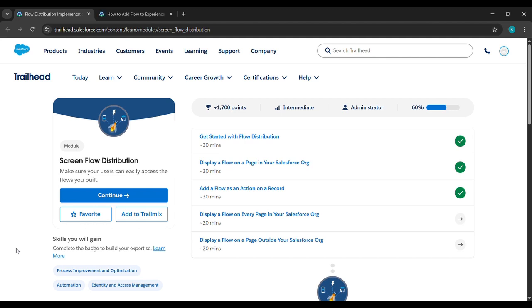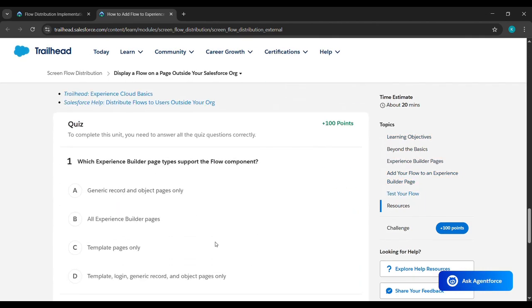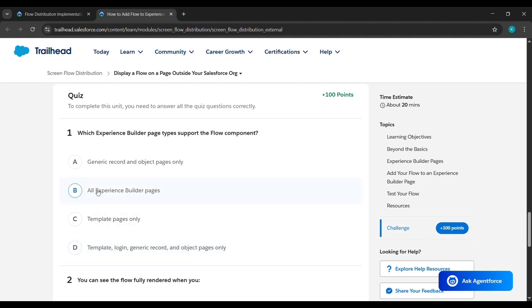Hello everyone. So in today's video, we will complete the last task of screenflow distribution, which is display a flow on a page outside your Salesforce org. So just click on it. After clicking, we'll land here. Here we'll scroll down, and the correct answer for the first question is B, and the correct answer for the